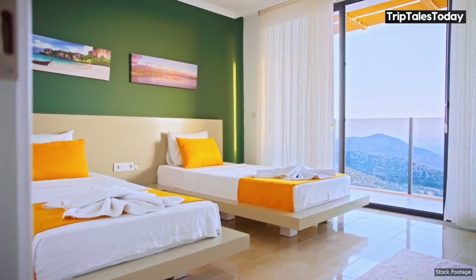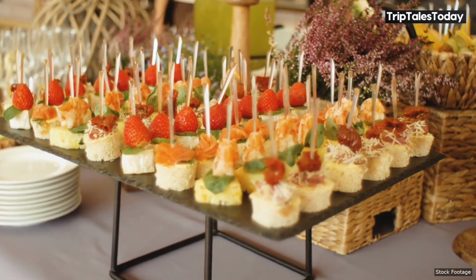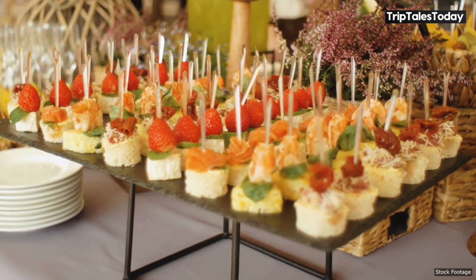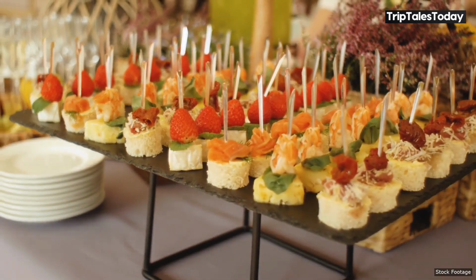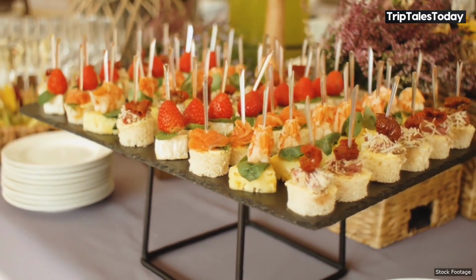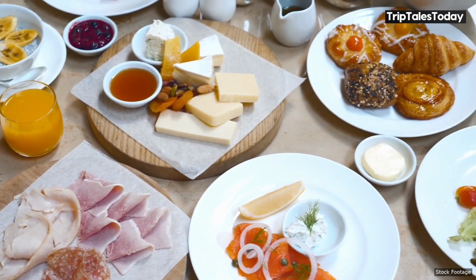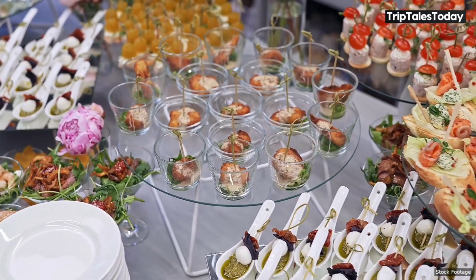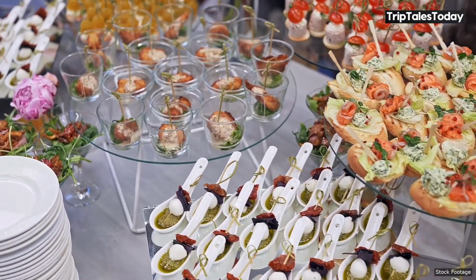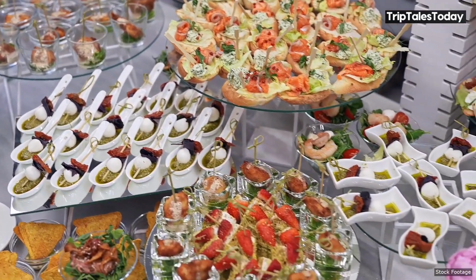the Amalfi Coast. Multiple bars throughout the property serve both local and international beverages, from Turkish tea and coffee to premium spirits and creative cocktails. The pool bar is particularly popular during the day, serving refreshing drinks and light snacks, while the lobby bar becomes the evening gathering spot with live music and a more sophisticated atmosphere. The quality of food consistently exceeds expectations for an all-inclusive resort, with fresh ingredients and skilled preparation evident in every